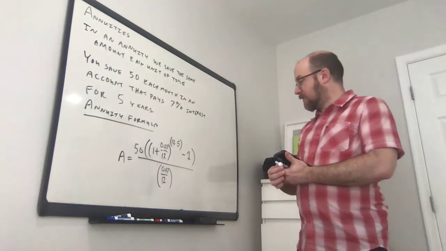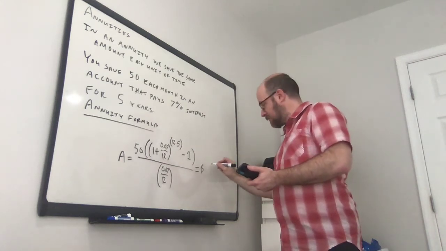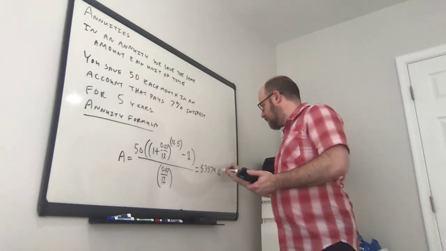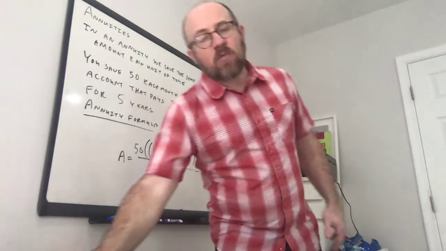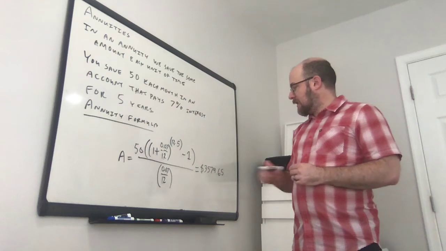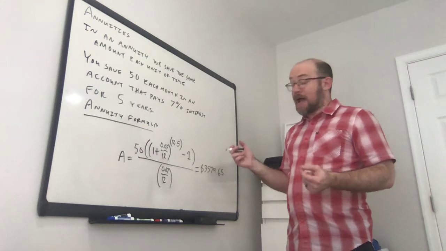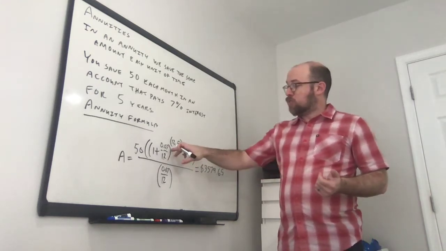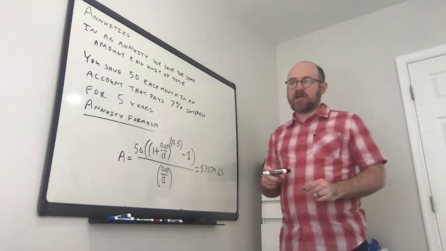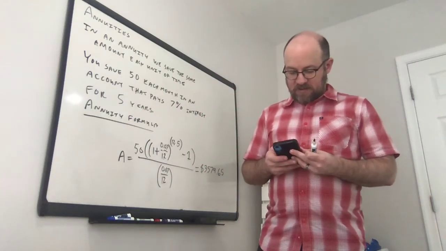And if you put this into your calculator properly, you should get 3,579.65. Okay? So just like with exponential growth, we need to be really careful here that we go through all of the steps and that we don't round too much, right? So you could do 0.07 divided by 12 and round that. But if you round it too much, so 0.07 divided by 12, just that by itself,